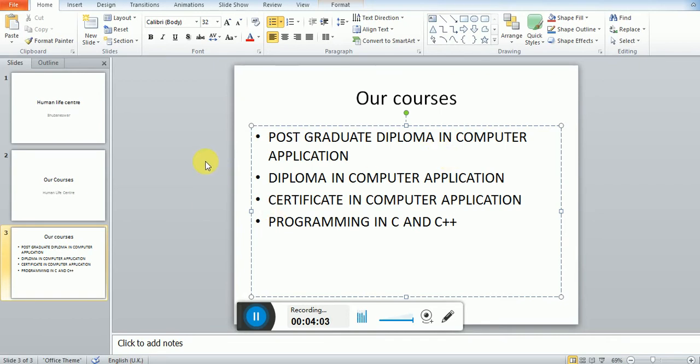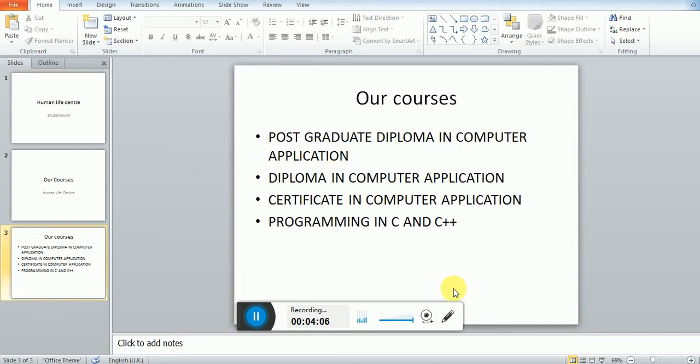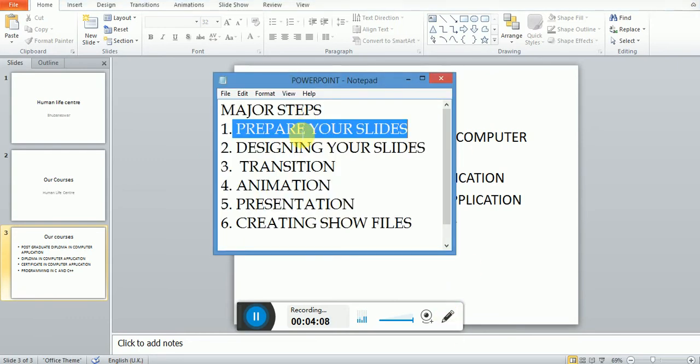So in this I have created only 3 slides. Okay. Now according to the steps, just see, I have prepared my slides. Okay. Now designing your slides.